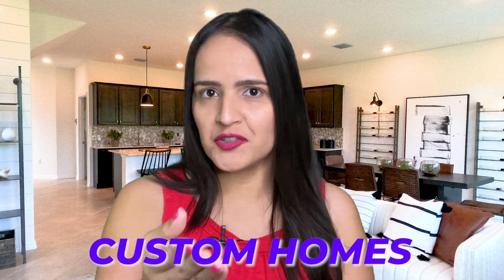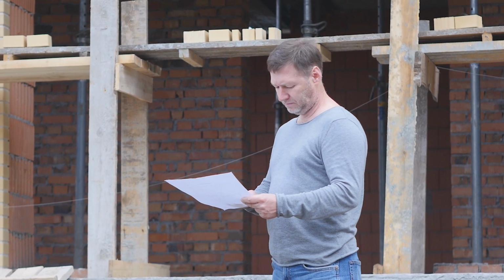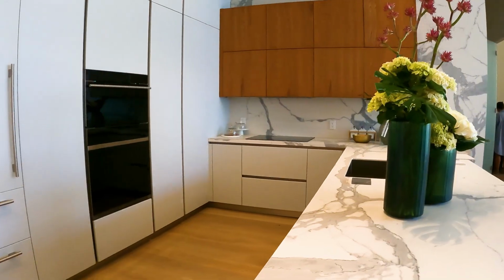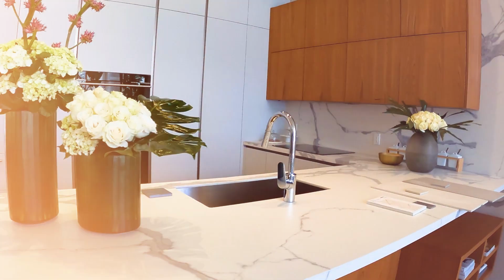The first one is custom homes, which will let you create your dream home from scratch, but you will need to give a lot of time and it will be more costly. Next one is semi-custom homes. You see, in higher end neighborhoods owned by experienced developers, you'll have some room for personalization. While your choices may be more limited compared to a custom build, you'll still get to put your unique stamp